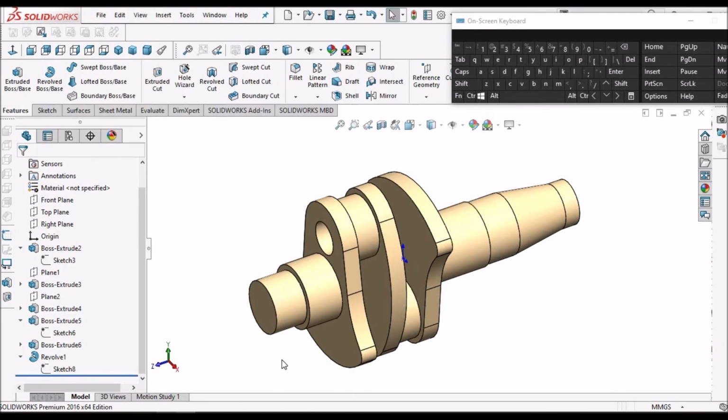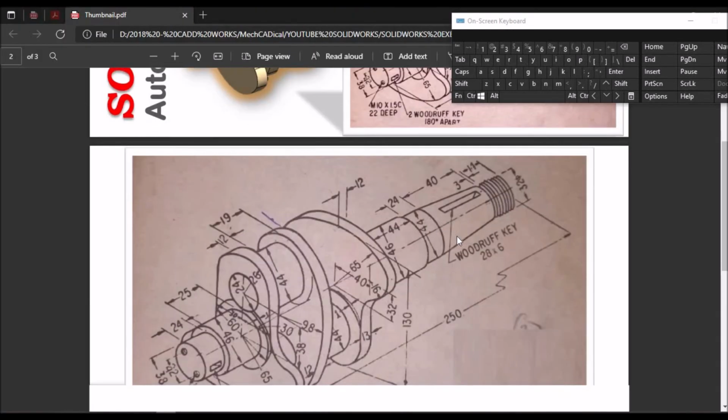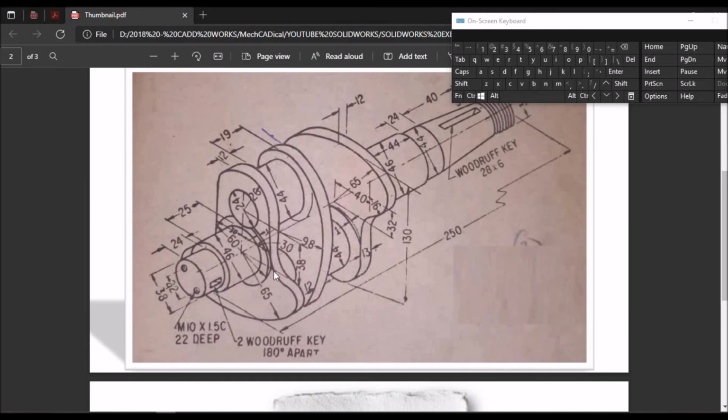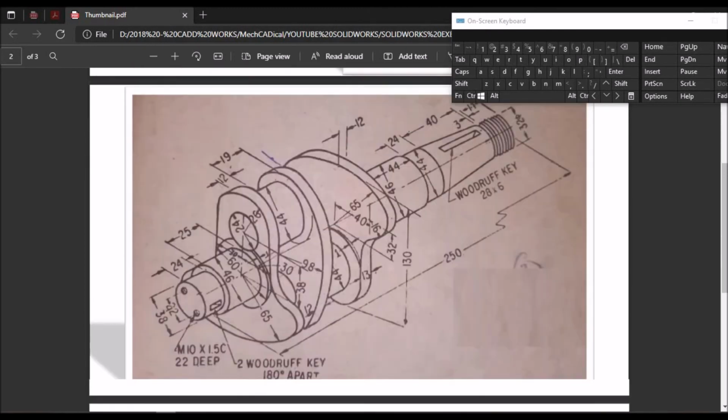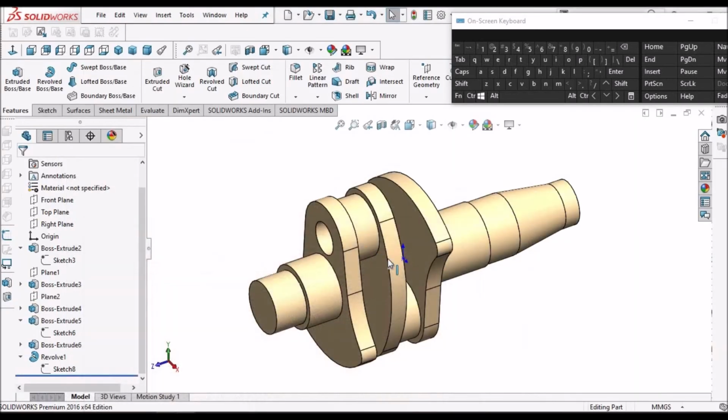Now we have to create a slot for Woodruff key, this one and this one. So for this there is no proper dimension given, so I am just going to show with rough sketch.